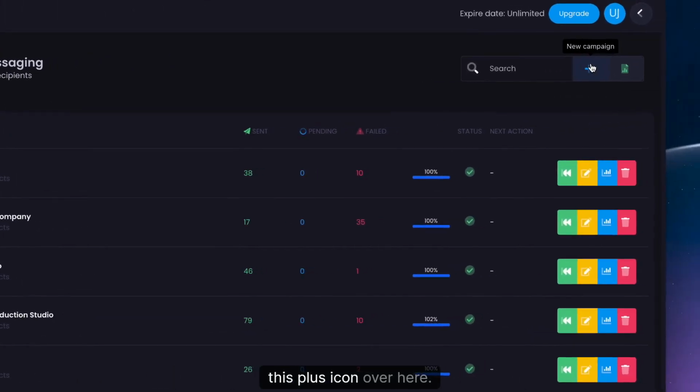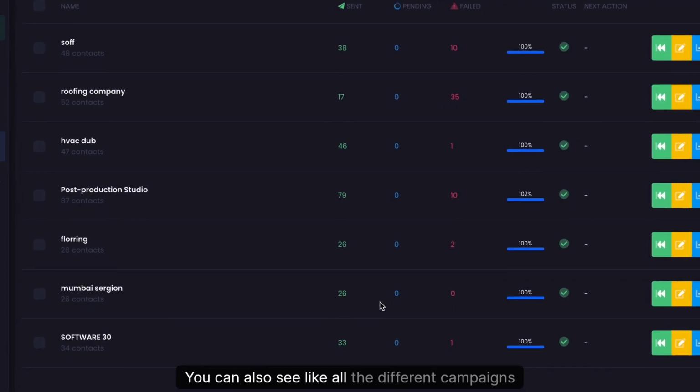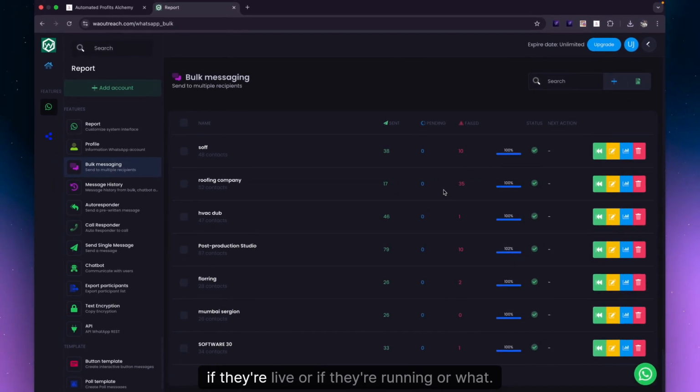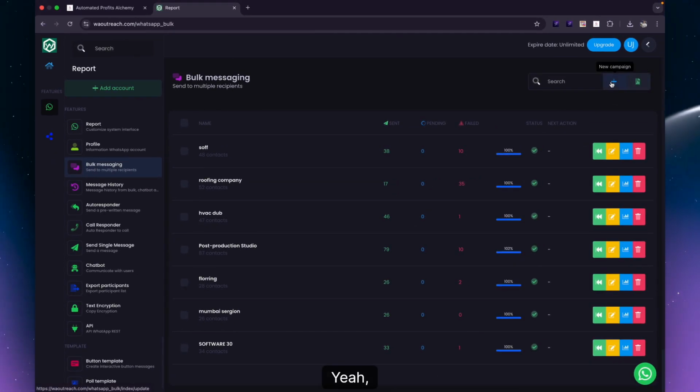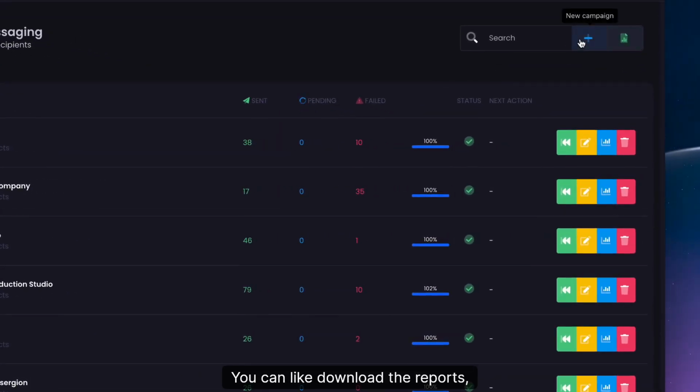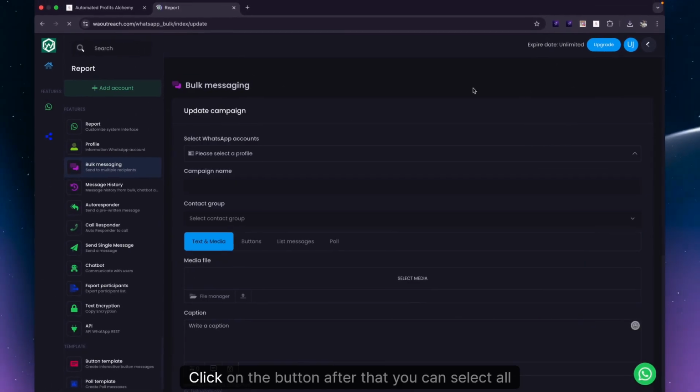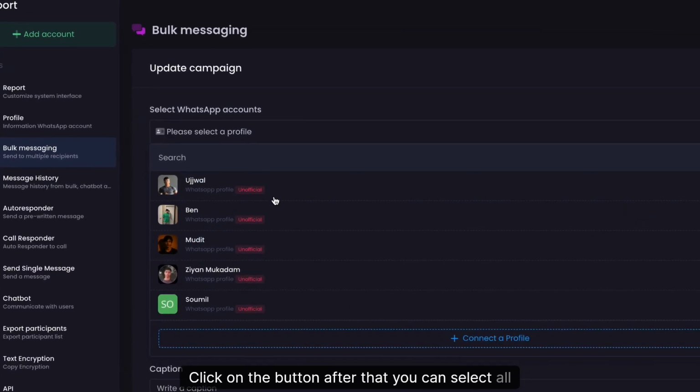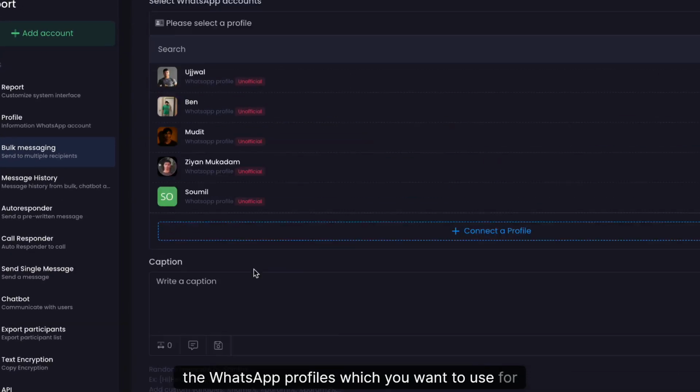and click on this plus icon. Over here, you can also see all the different campaigns which are currently there, if they're live or if they're running or what. And yeah, just click on the new campaign. You can download the reports, everything as well. Click on the button. After that, you can select all the WhatsApp profiles which you want to use for this